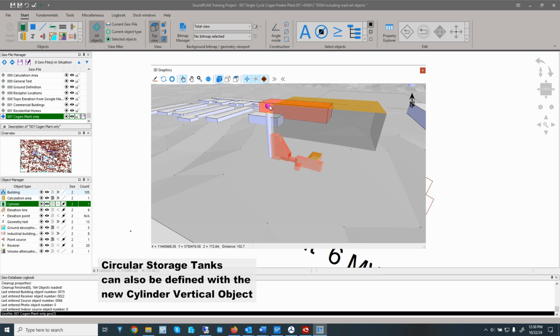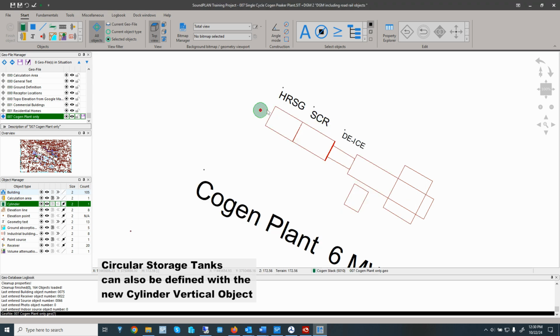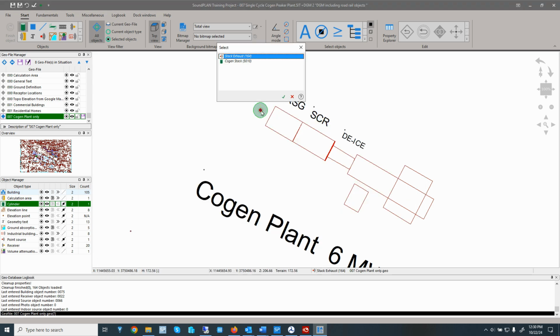The next object that I'd like to discuss is the directivity of this point source at the top. Now, the program will identify that this point source is above a stack or a cylindrical object. That means it will not combine the shielding effect with the directivity.